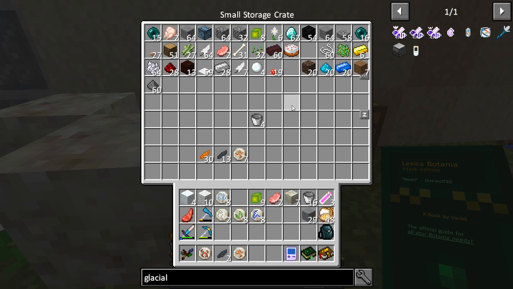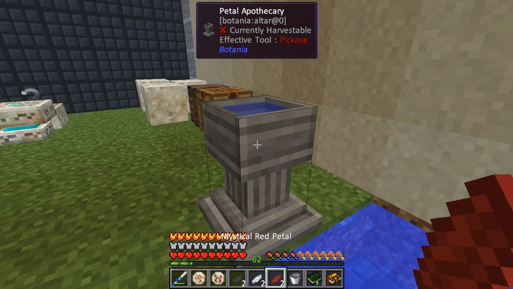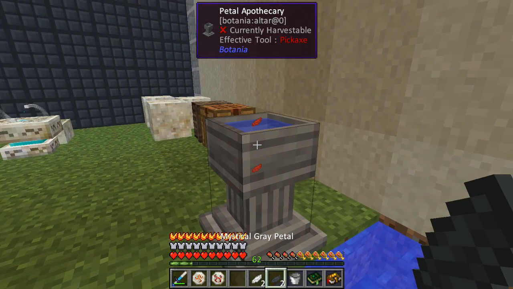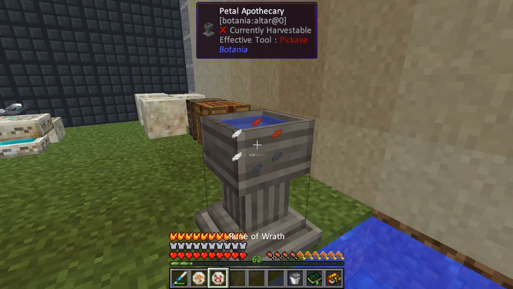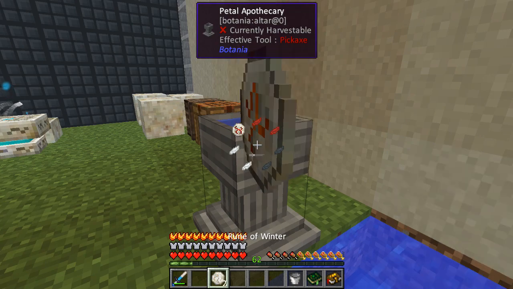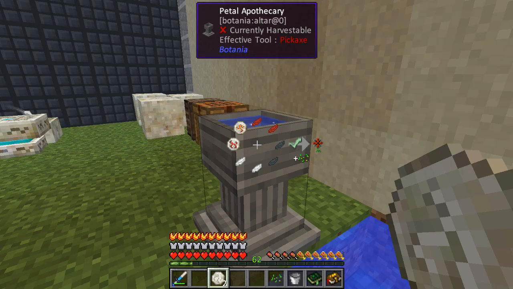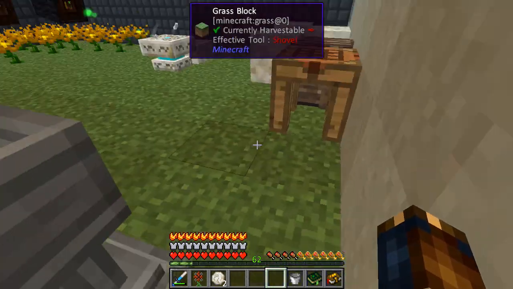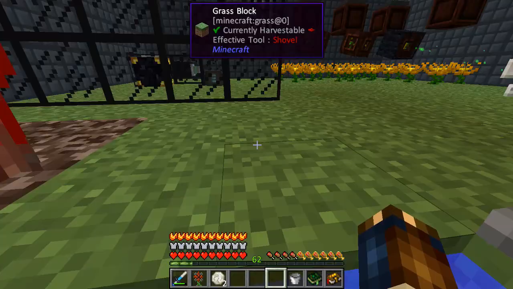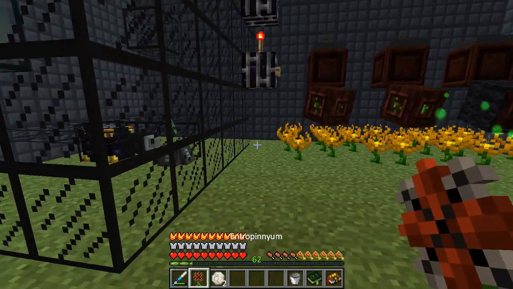Okay, so we're missing white, and I believe we're missing red. Water, check. Red pedestals, 1, 2. The gray, the white, rune of wrath, rune of fire, and all we need now is our 1 seed to convert this. Bam. So all of that, guys, was for this one beautiful flower right here, which we're going to